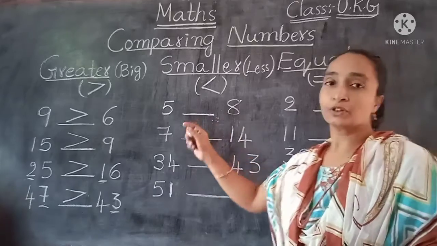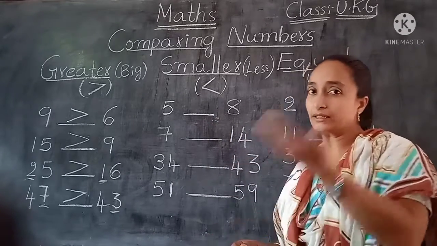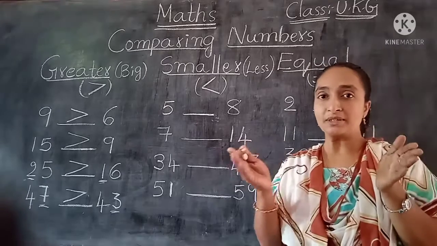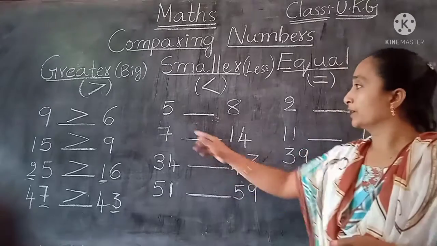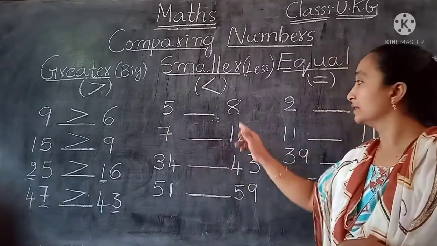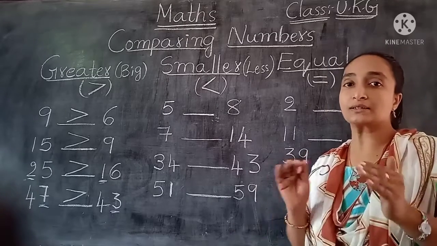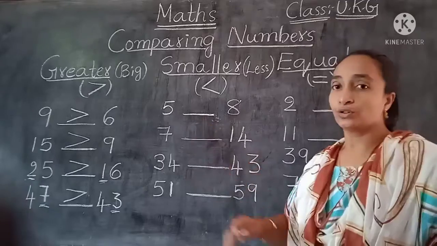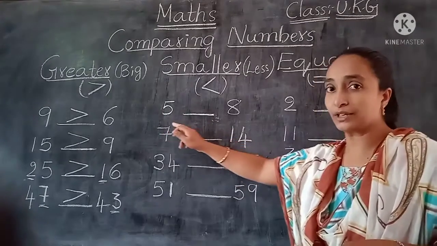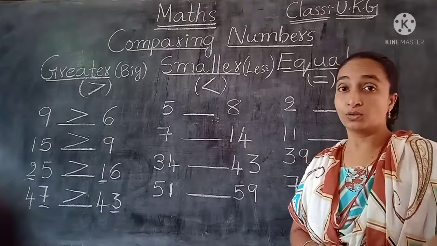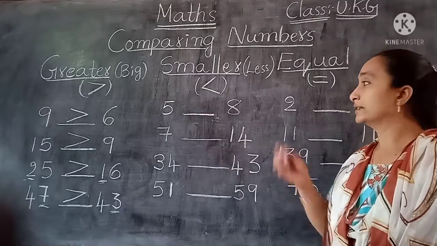Now let us see, children, 2 single digit numbers we have given. Okay, so easy to find out. This side also single digit and this side also single digit. So comparing means we are comparing between the 2 digits. So which is big and which is small. Now here we have the 5 on one side, at the other side we have the 8. So which is the smaller number now, less number, small number? So from these two we have to find out which is the small one. Yes, here we have the 5 and here we have the 8. So obviously easily we can find out which is the small one. Yes, 5 is the small one.